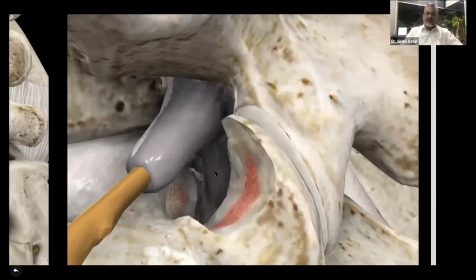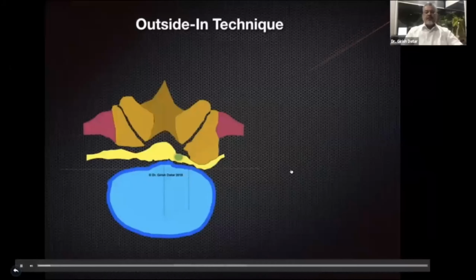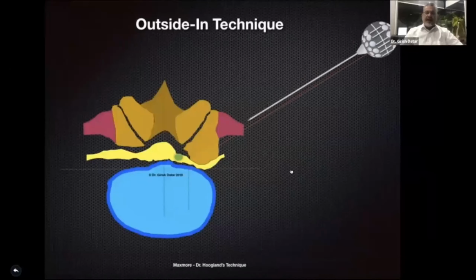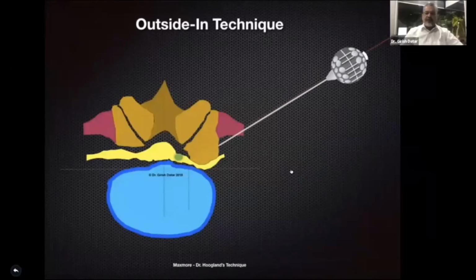The second most important thing to know here is, when you have a herniation in the paracentral region or any other superior or inferior migrated, these herniations are ventral. Now, in ventral herniations, the root, the thecal sac and the axilla are all pushed dorsally. So you still have a lot of room inside, because the epidural space dissection has already been done by the herniation. So you will dock your needle on the superior articular process, and then over a guide wire you would put a pointed Tomshidi. You would tap in your Tomshidi till you reach the medial pedicular line.